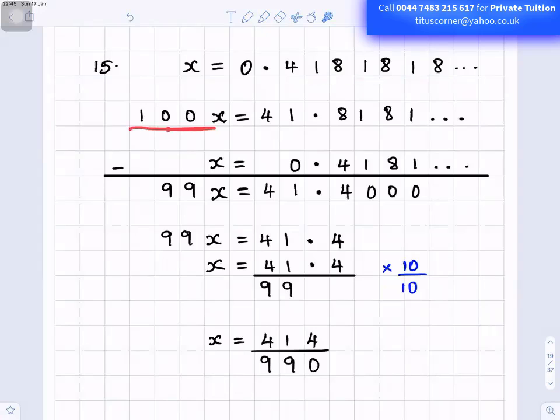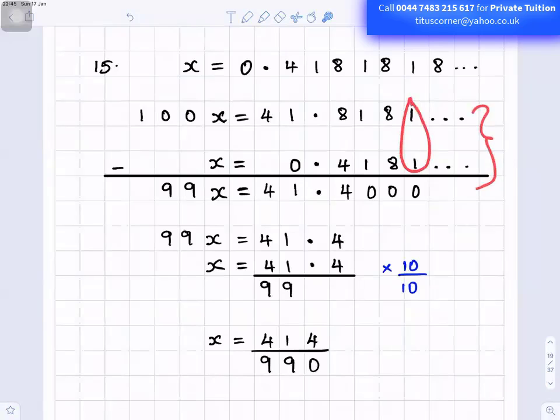If we multiply by 100, 100x will become equal to 41.8181 recurring. You move it 2 decimal points. So if we write x is 0.41818 recurring, and we subtract these two,